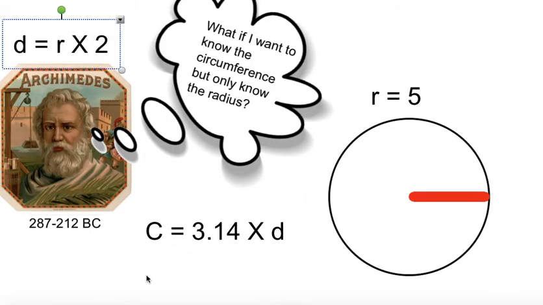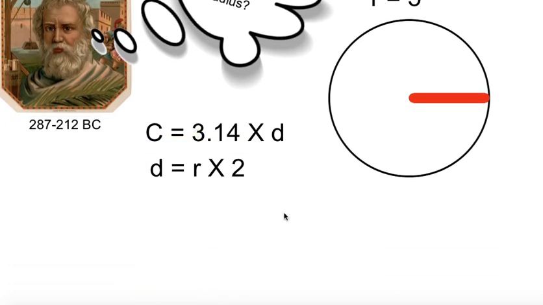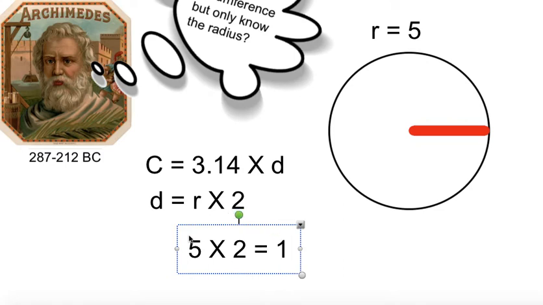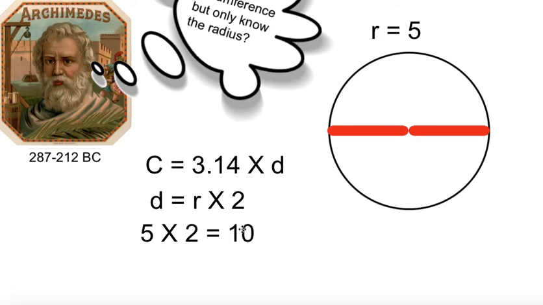Some of these involve a couple steps, so this is one of them. If I know that my radius is 5, well, little mental math, 5 times 2, you probably guessed it, 5 times 2 equals 10, which makes sense. If I've got a diameter here of 5, and then I have another diameter exactly the same length, and I put them side by side, well, now I have a diameter. Diameter is the distance all the way across the circle through the center. So if I know that my diameter is 10,